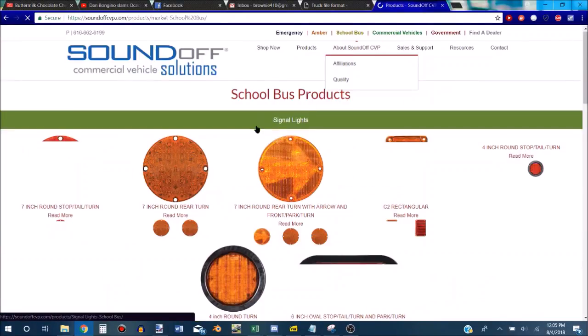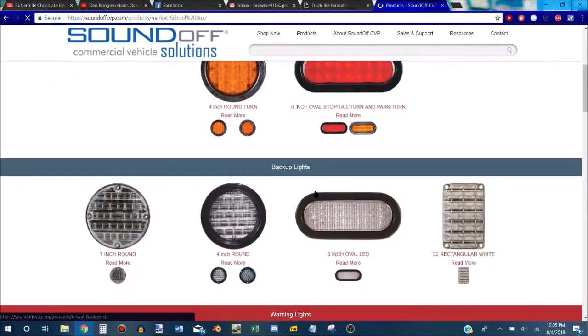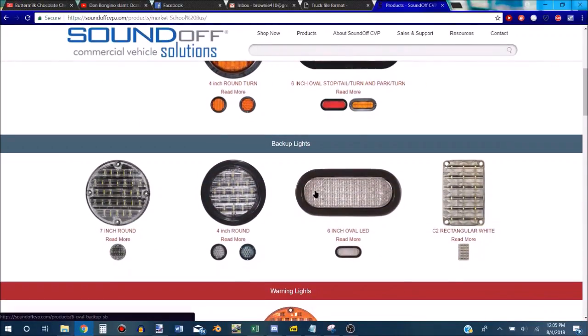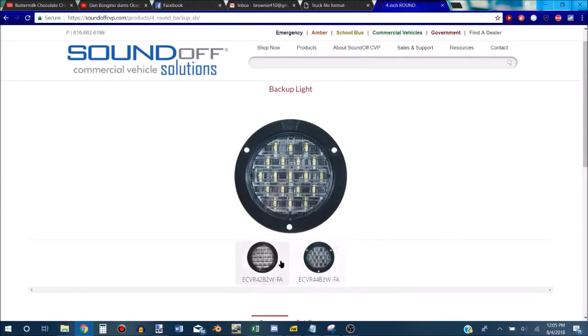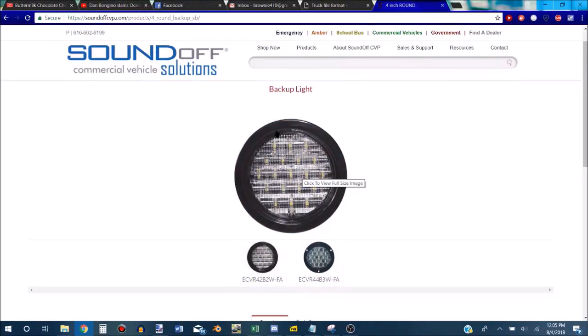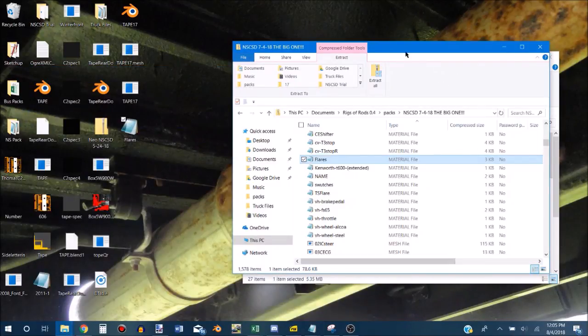So this website usually, yeah, check this out. So I can just use this one. Do this. So I'm going to copy that image, and then I'm gonna